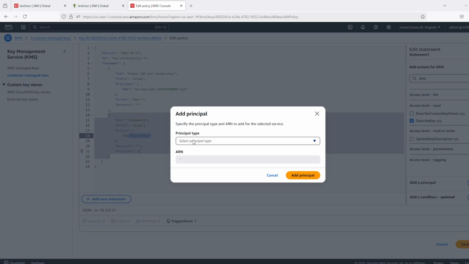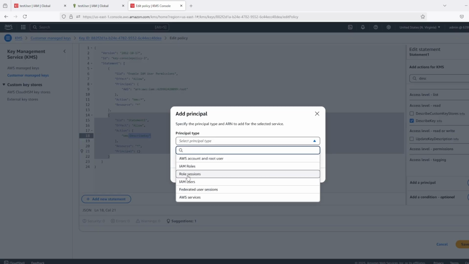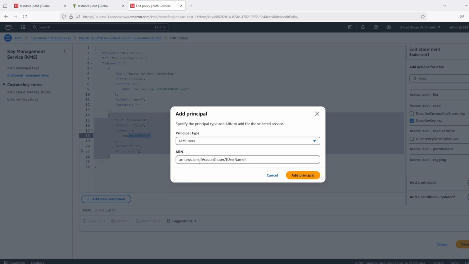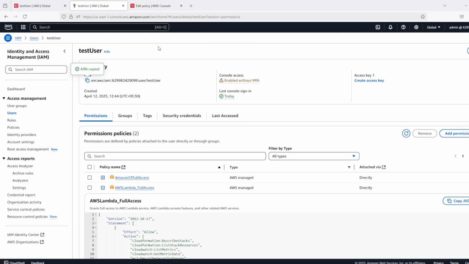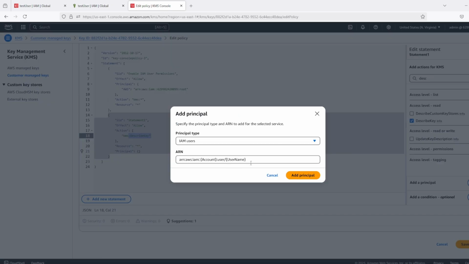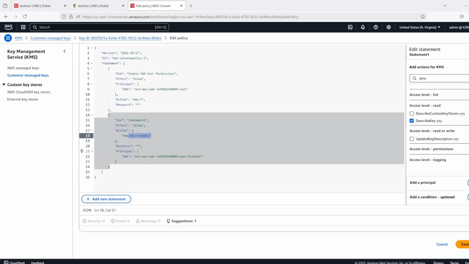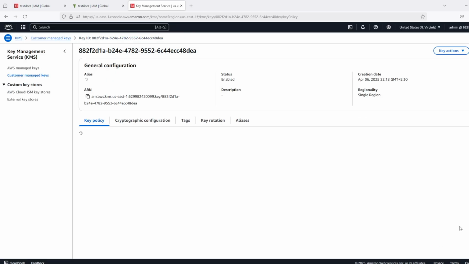So add, and I want IAM user, then go to test user, copy the ARN or Amazon resource name for that user and paste here. Save the changes,